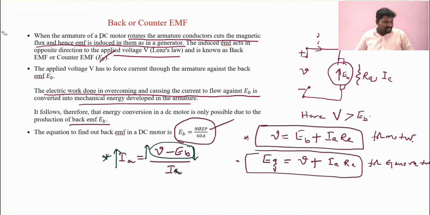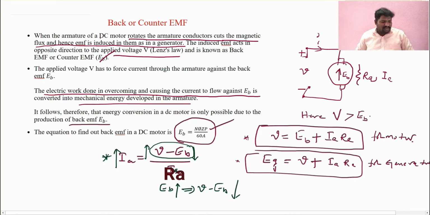If back EMF is increased, V minus EB decreases. Why? Because if EB increases, V minus EB automatically decreases. If it is decreased, what about armature current? It decreases. If armature current decreases, then force decreases. If the force decreases, speed